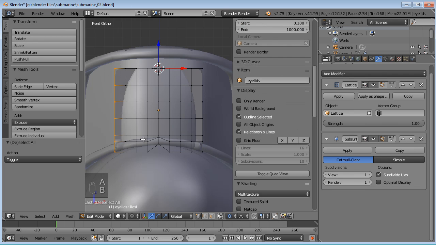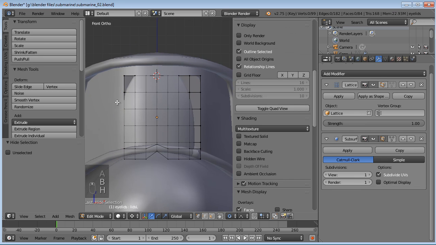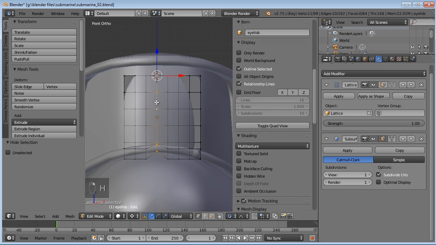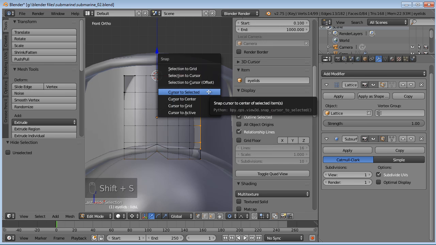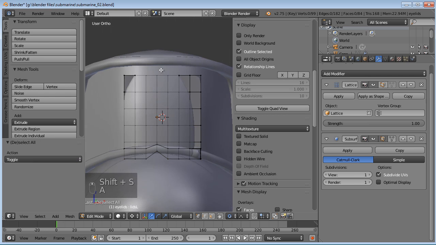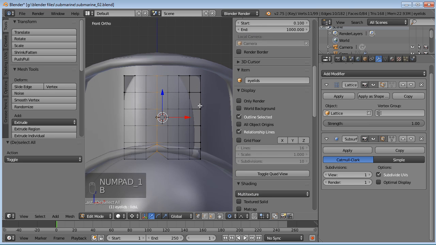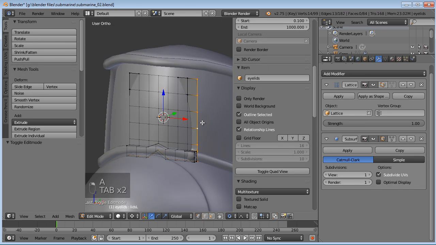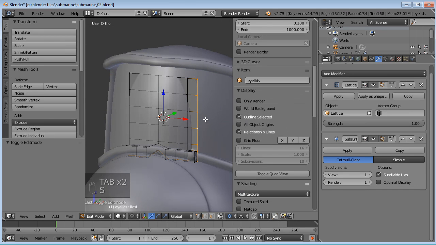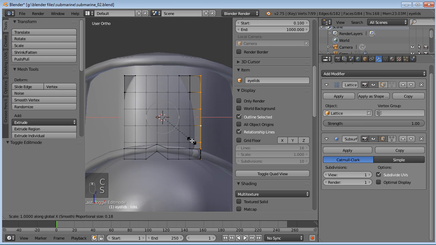So let's just do this. There we go. I'm going to hide those because I don't want them moving. I want them to stay put right where they're at. But I'm going to put our 3D cursor over here on this side. Is it cursor to selected? So I'm going to go back to our front view, select this, and cursor to selected. Huh. For some reason it's not going. Oh, because it's got all this crap down here. Okay, sorry, I get frustrated sometimes so easily. Okay.